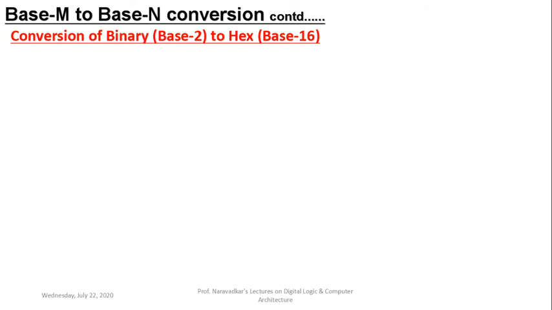Next conversion is about a binary number into its hexadecimal equivalent. Again, hexadecimal, its base is equal to 16, which is equal to 2 to the power 4. There is a correlation between these two bases. And whenever there is a correlation, don't go for the universal method, that is binary converted to decimal, then that decimal converted to hexadecimal. This is a lengthy procedure.